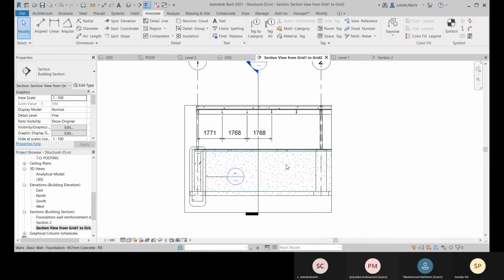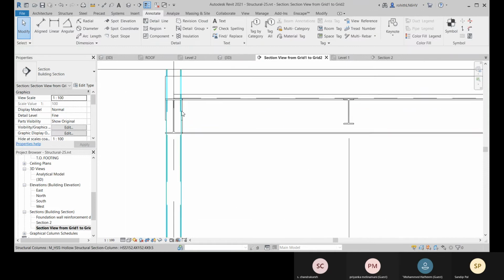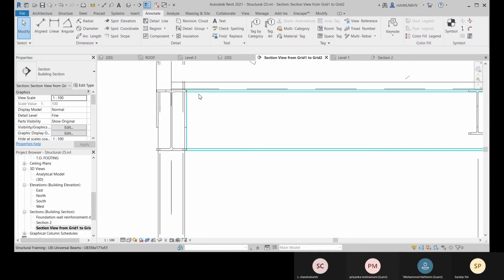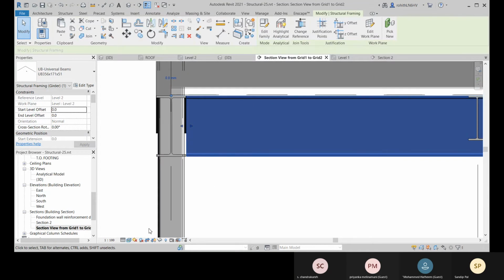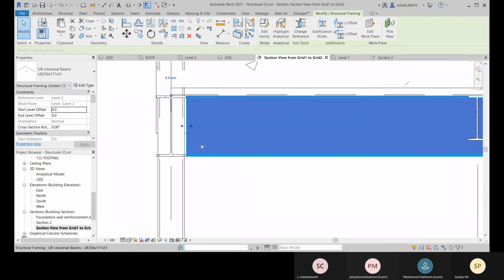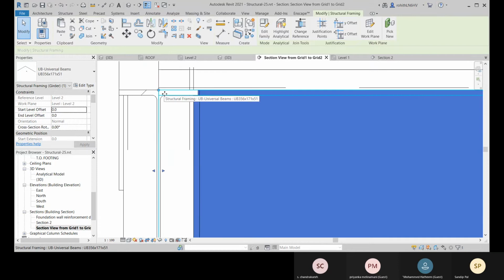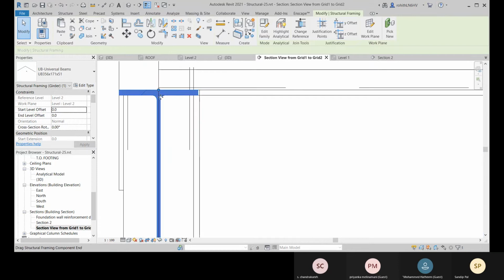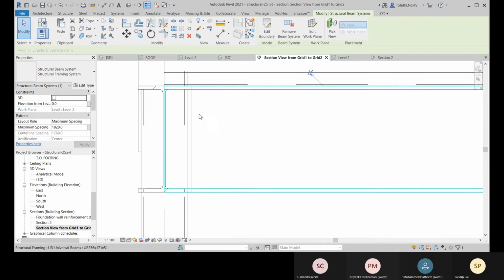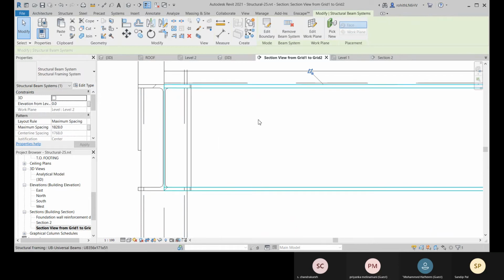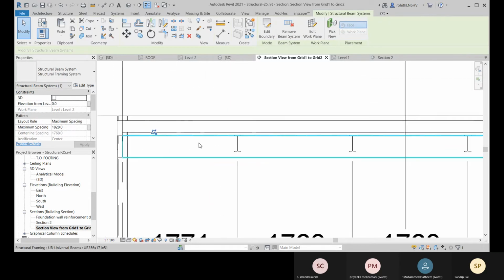Okay, and here let me show you that, let me change it to realistic, or let me change it to hidden line there. And here you see that if I increase this, this is right now there, but it's merging with this, right? It's merging with this pane and this one, right?